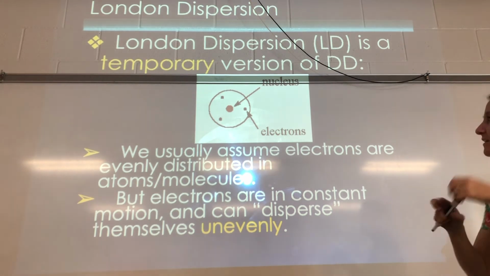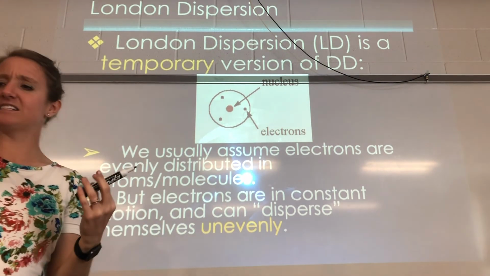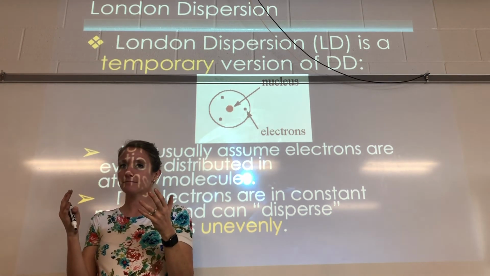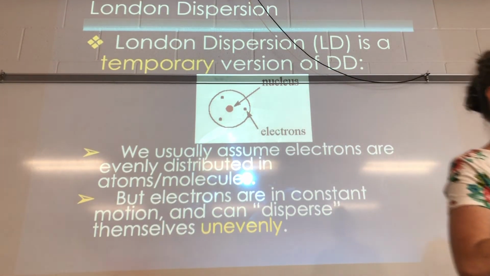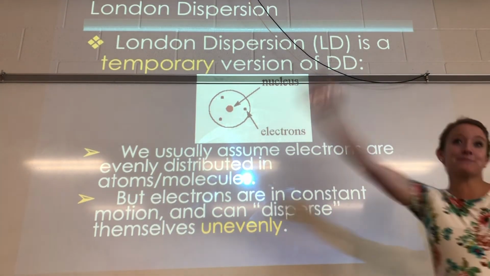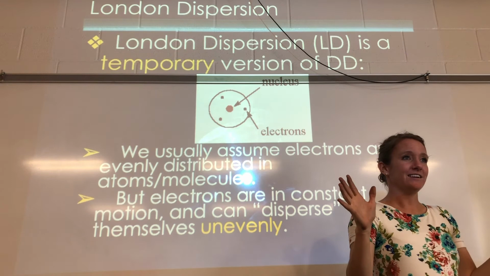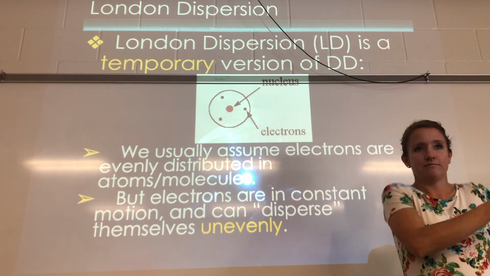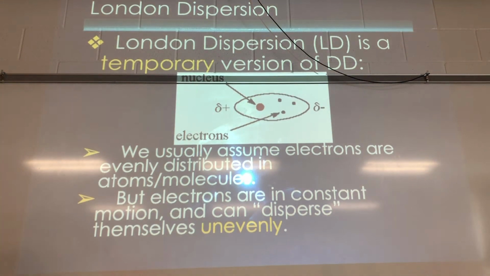The way this temporary magnet works is the idea of the electrons. Often when we make models or draw pictures, we show the electrons as evenly distributed. But electrons are not stationary things. If we were all to stand up, and I said, okay, run around the room, and you all started running around the room, and then I said, freeze, could there be a chance that all of you are on one side of the room? Yes, that's possible. And if you're electrons, look at our picture here, we get a temporary magnet because